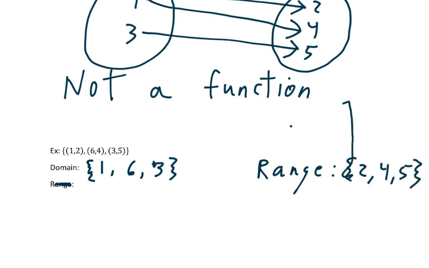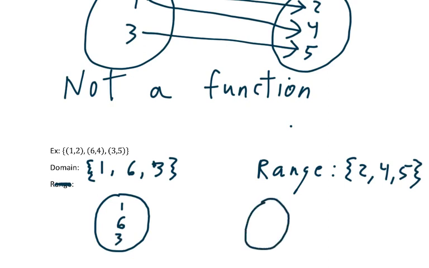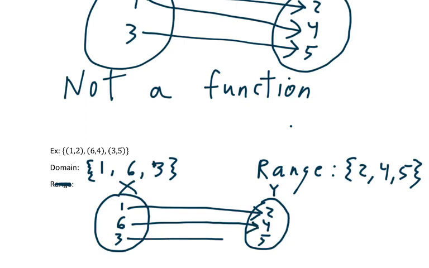So just like above, we can draw a correspondence diagram. See if I can fit it here. We have 1, 6, 3. We have 2, 4, 5. So this is our X. Here's our Y. So from the first ordered pair, 1 is assigned to 2. From the second one, 6 is assigned to 4. Here, 3 is assigned to 5. And this is